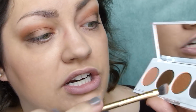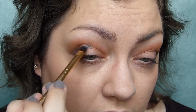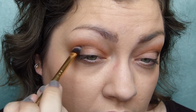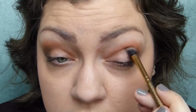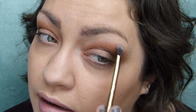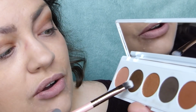And then with this same brush, I'm gonna go into the cool darker brown, and I'm just gonna see about getting a little bit deeper. Look at that here in the crease. It looks like the shadows are looking more pigmented on the primer side, but they are taking a lot more effort to blend out. So I'm going to take a fluffy brush and go on into this olivey bronze color